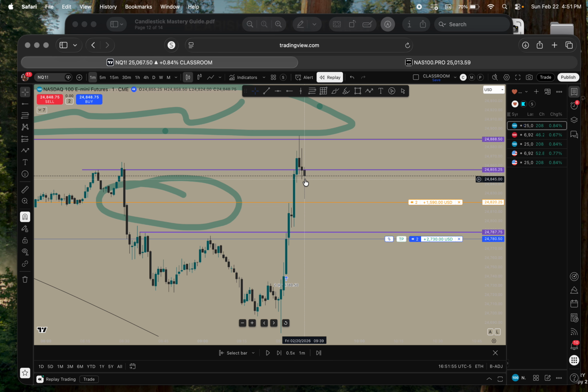Okay. It hasn't done it yet, but listen, it's still a small body, and this is a long wick at the bottom. That means buyers have been pushing. So it's possible we're going to go up. This is the mind and the thinking